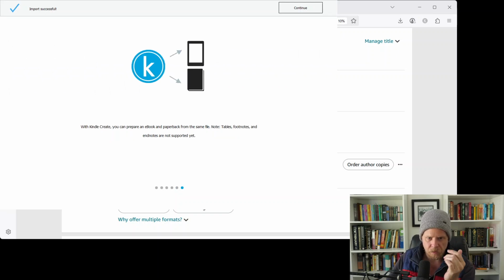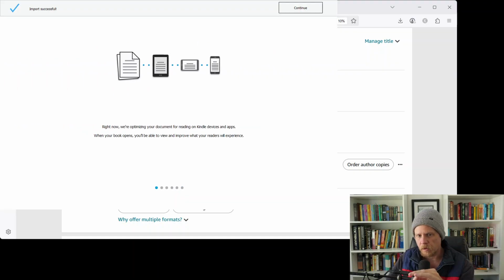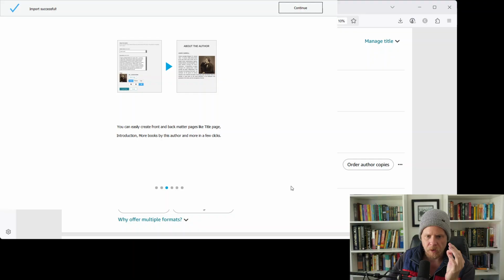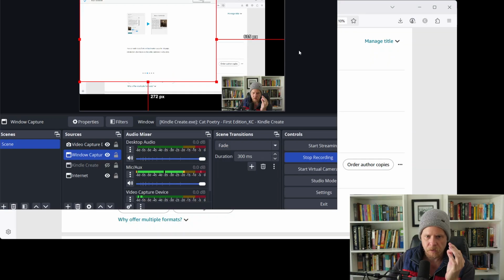So you can see it's kind of doing its thing here. It's basically importing the data from your Word document and automatically translating it into the proper format. Okay, so once you've done that, then what you're going to do is click Continue where it says Import Successful. Okay, and then you should see a new window come up